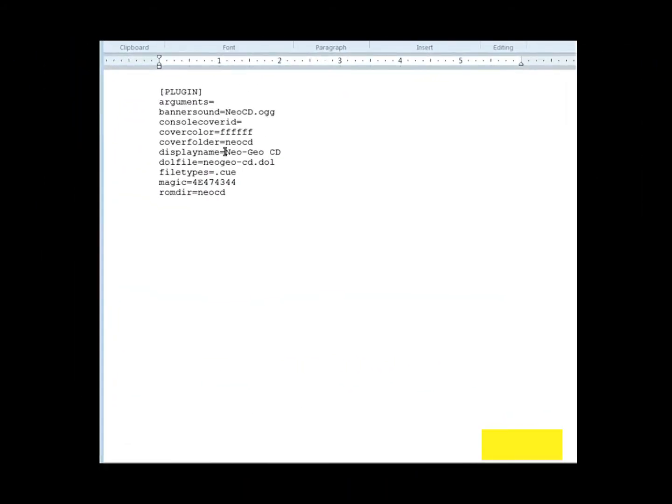Alright, moving a little fast, so let's do a recap. This is your Neo Geo CD configuration file. Cover folder, Neo CD. That should have been created under WiiFlow box covers. Your DOL file, that's what you copied over. Under apps, that boot.dol, you copied it over into WiiFlow plugins and renamed it, and you made sure the names